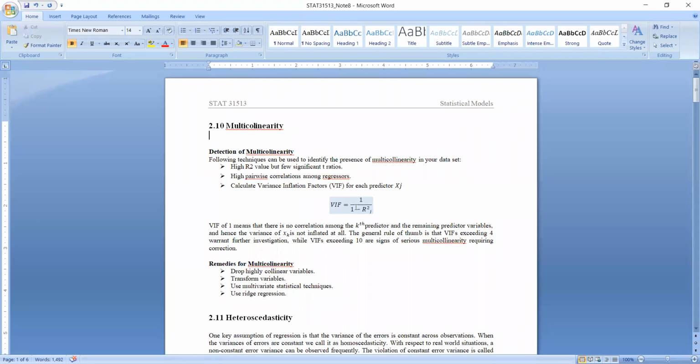So when you have multicollinearity, in most cases what we do is we just drop that variable and see whether we can get rid of multicollinearity, or else sometimes we use transformations. We'll be discussing that. And also sometimes we can use multivariate statistical techniques, and there is something called ridge regression. We can use these remedies when you have multicollinearity to get rid of it. So with that, we are going to talk about